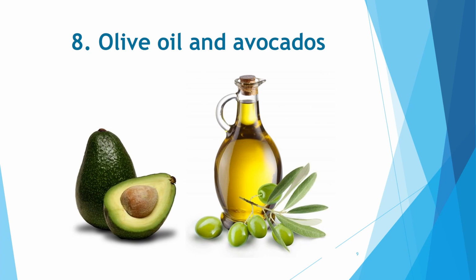Number 8, olive oil and avocados. Extra virgin olive oil is low in saturated fat and high in monounsaturated fatty acids, which is supportive of heart health and can lower your LDL and increase your HDL. Avocados have similar properties. Extra virgin olive oil and avocados should be used as a staple fat in a heart healthy diet